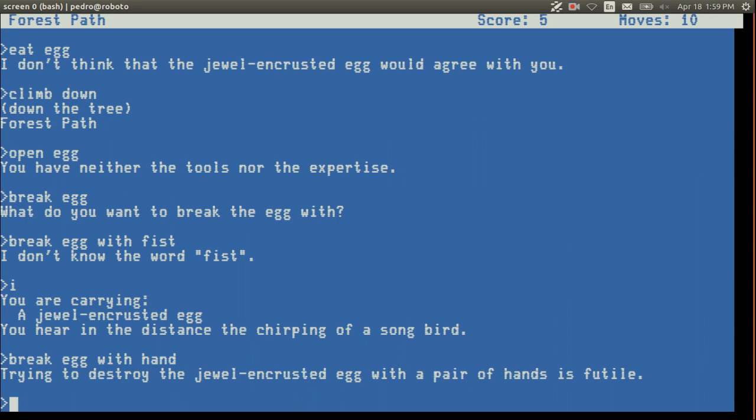All right, so I don't think they want you to break the egg. Maybe bring it to the songbird? Well, we don't know where the songbird is. Put it in the mailbox. I think you should try to get back to the house. I think it will be more interesting if you get back to the house a few times. That's cheating. Well, you can do this on your own time, but we've got a time limit here.